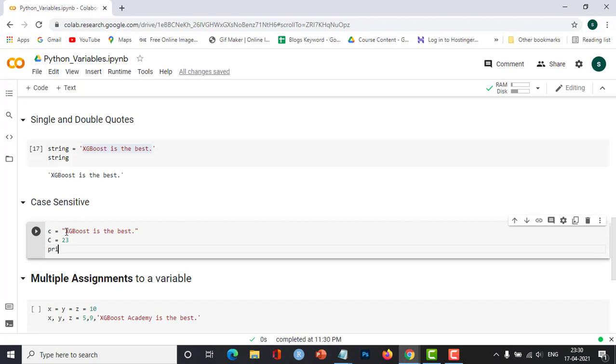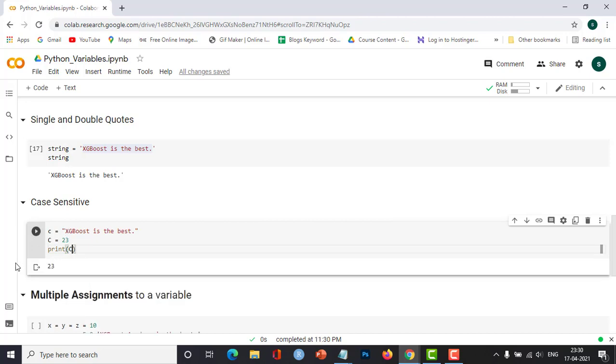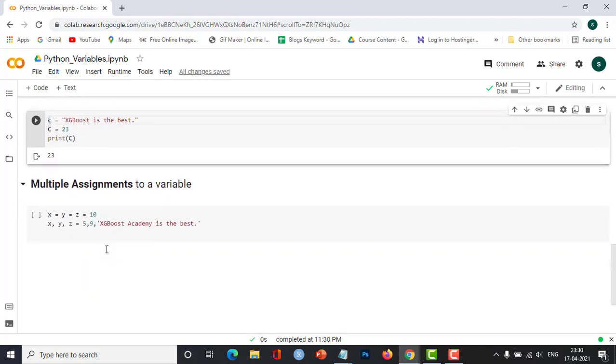Now I'll print the value of capital C. Let us see what we'll get. So we'll get 23. So variables are case sensitive. Whether you are giving small c or capital C, you need to take care of that while declaring the variable, while using the variable.